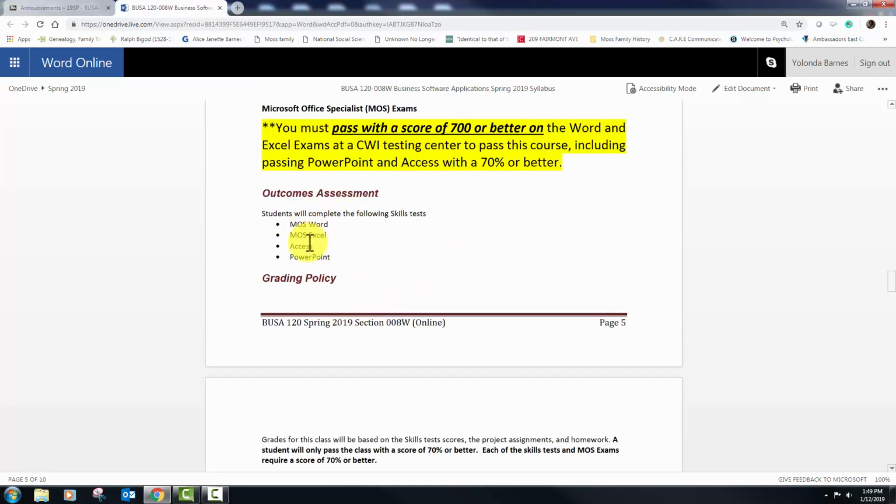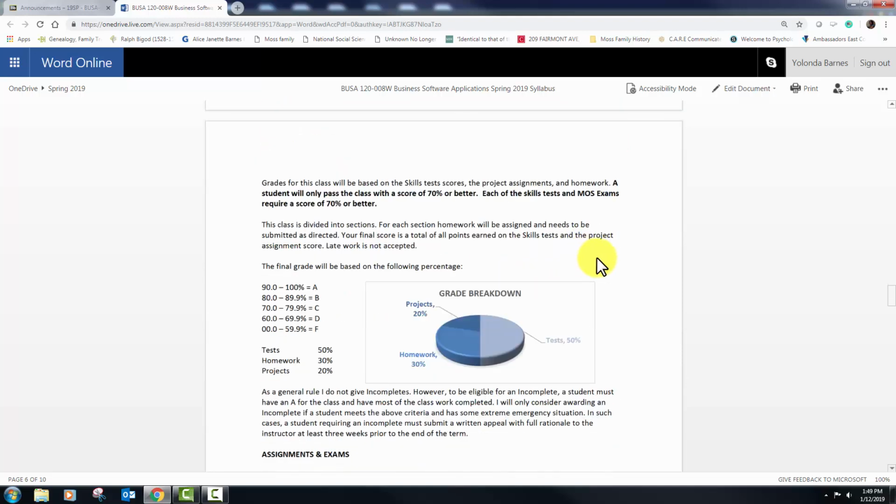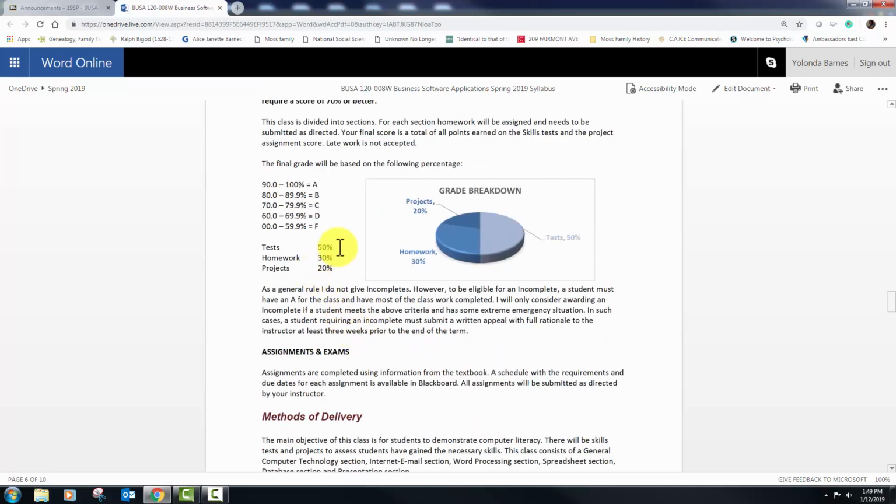And so here's the skills you're going to be testing on. Let's get down to the nitty-gritty. Here's the grading. Guess what? You are being graded in 3 different areas: your tests, your homework, and your projects. This one is the most important one. And the reason why it's important is because missing one project will kill your grade. There aren't that many projects that I'm giving you, and so you want to be mindful that you complete those